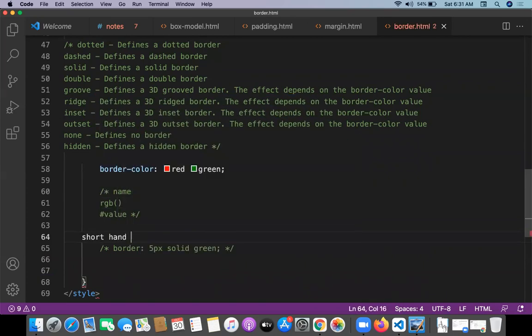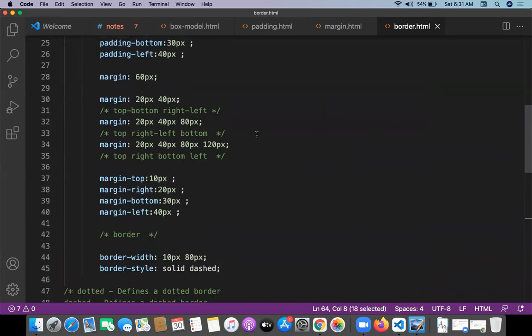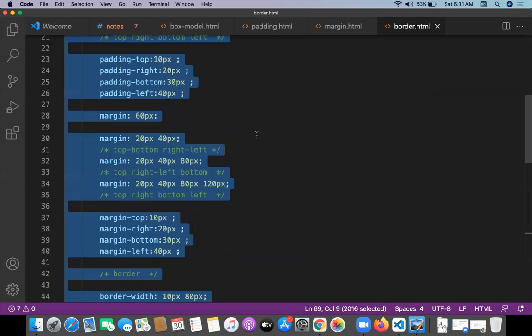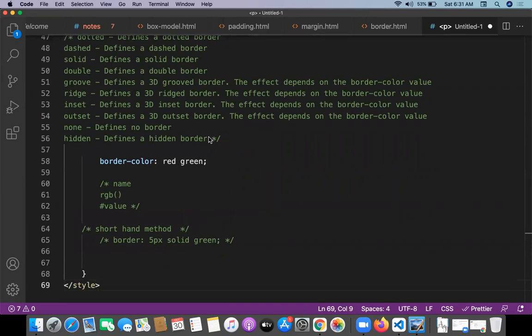Shorthand method for the border. If you want individual values for all sides, you can give different values, something like this. And this is about border, guys. Try to understand, and do practice once. Everything will be very simple. Now we go with the